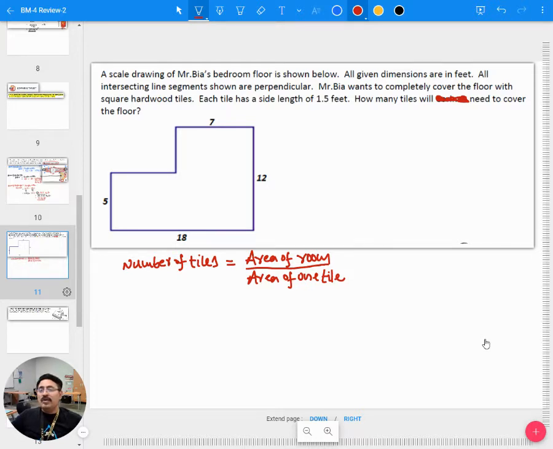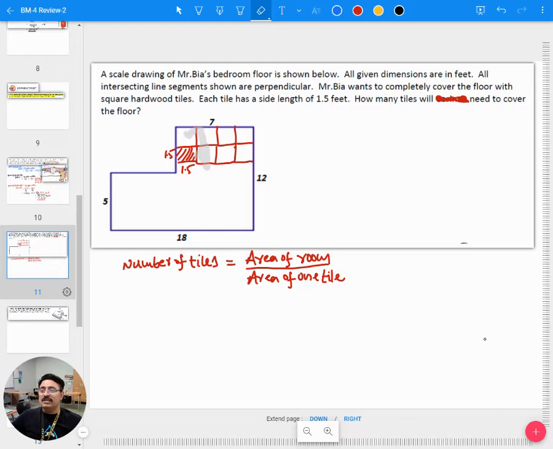Again, let me give you an idea that this room is to be covered by tiles of this kind. Who knows, you may become an engineer, then you may have to compute all these kinds of things. So here 1.5 long and 1.5 wide. So with these kinds of tiles, how many tiles are required? So as I mentioned before, you have to find the area of the room. So how to find the area of the room means,